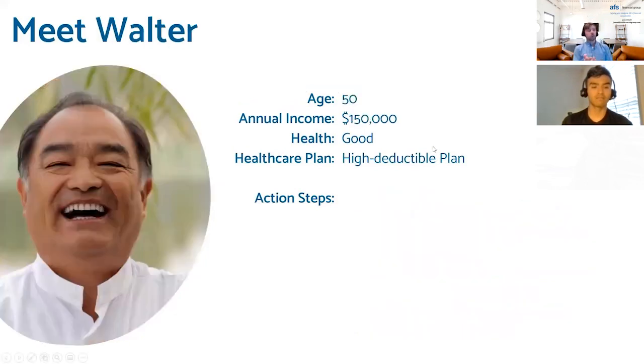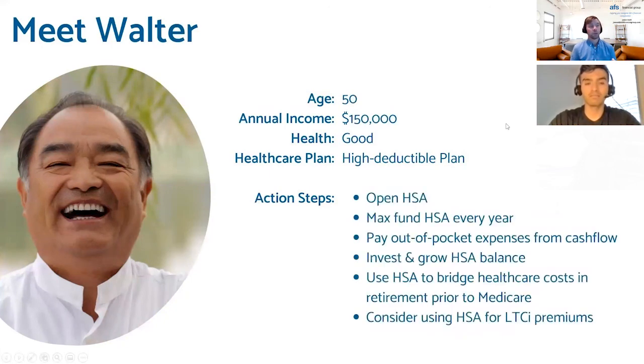Last example here. Walter is a little bit more mature than Riley. He is age 50, annual income of 150,000. Again, key criteria: he's in good health, and thus is enrolled in a high deductible health plan. The strategy, honestly, is very similar to Riley's, with a little bit of a nuance. The one thing I want to point out, in addition to obviously opening the HSA,